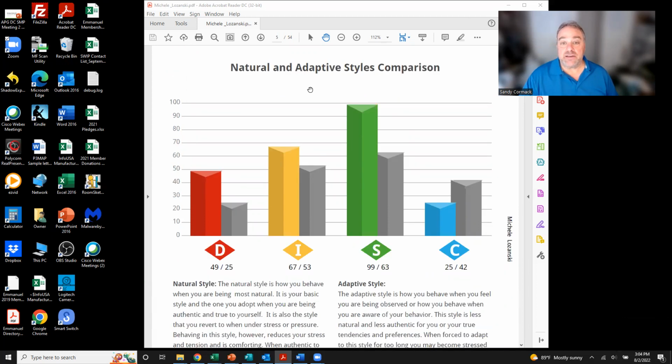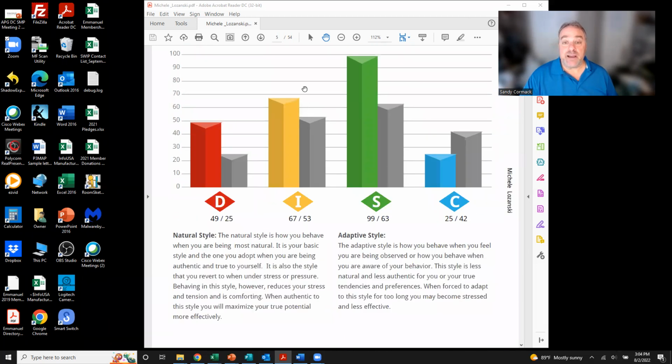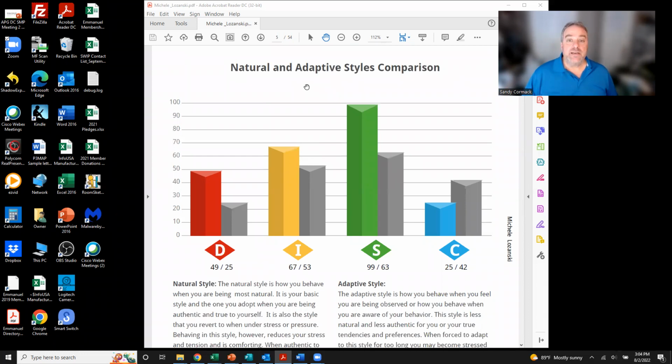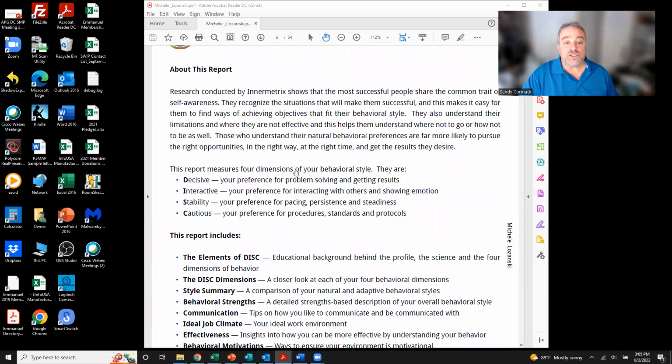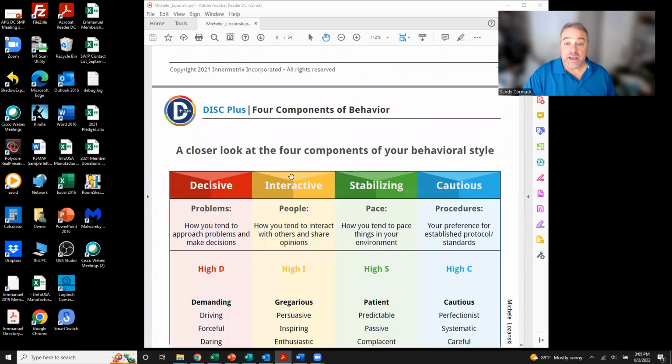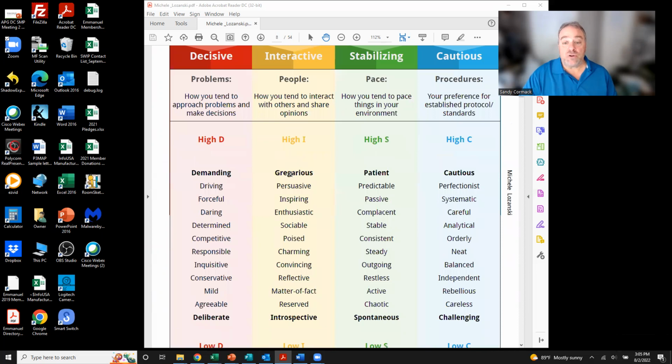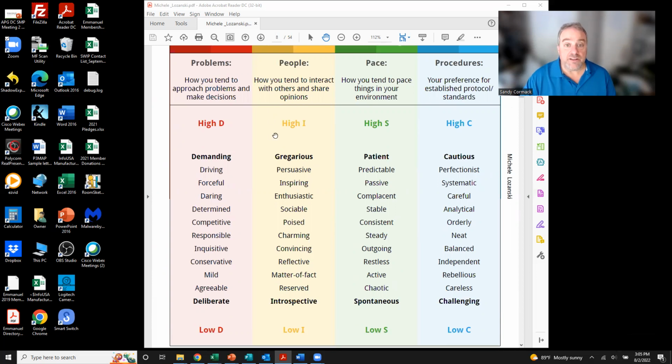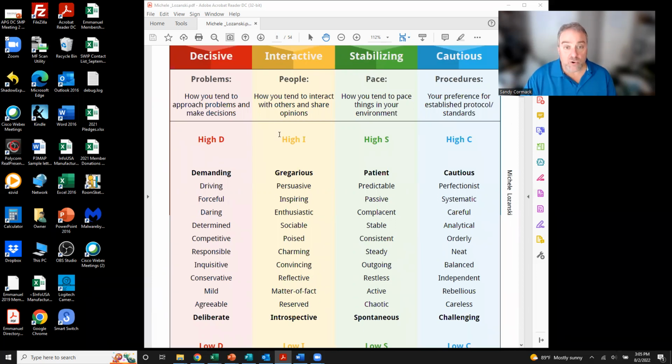And the summary for the DISC is found on page 5 of your report. It shows you a scale here of 0 to 100 and your score along that continuum of 0 to 100. But where I want to start is by explaining the actual DISC dimensions, the actual DISC theory. And that essentially looks at your